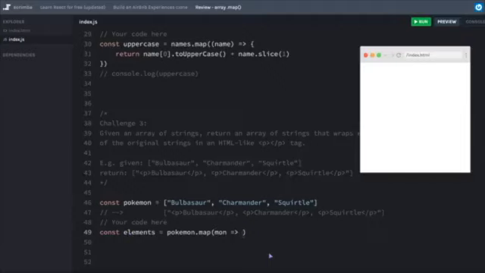And, well, before I simplify the rest, let me actually open this up and we'll do it the way we did it before, and then we'll clean it up. Now, this time around, I think it probably will be easier to use a template string, so I'm going to put my paragraph text here, and then inside of my paragraph text, I will put my monster's name. Let's console log elements, make sure that this is going to look the way we expect, and awesome, that looks